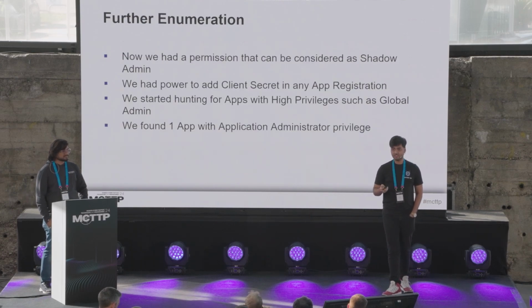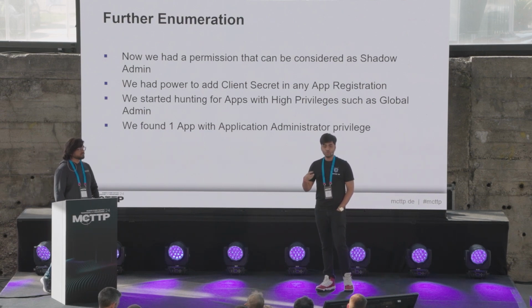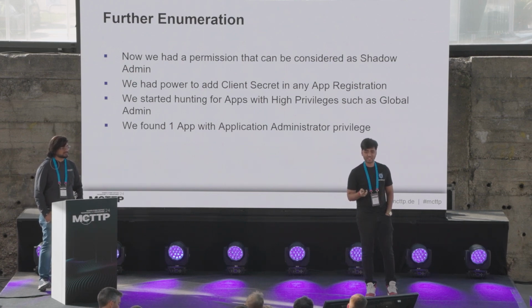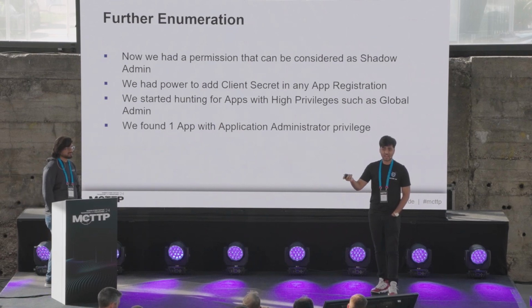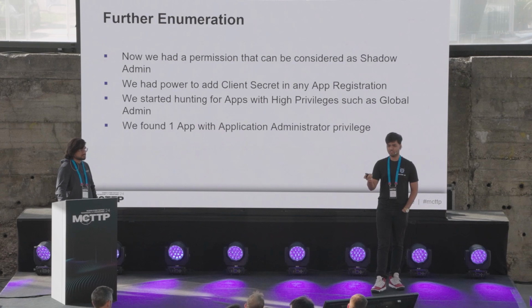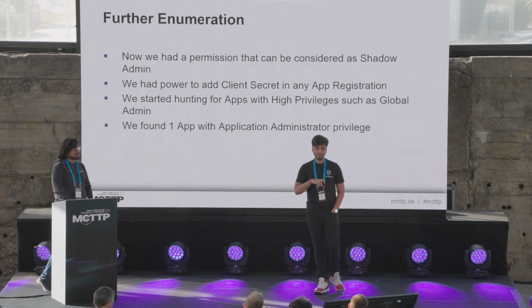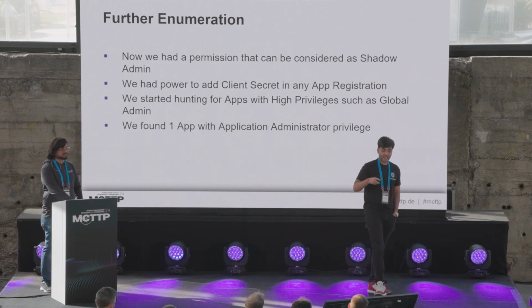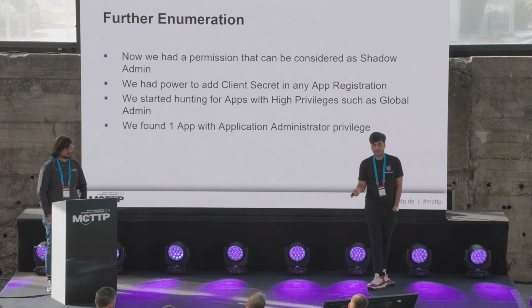That means if I use this service principal, I can actually add new client secrets to any service principal. So what if there's a service principal which has higher privileges, let's say global admin privileges? I can just go and add a new client secret. It's similar to IAM keys if you know about AWS, but in Azure, we can have multiple keys. So as an admin, what we need to find out is whether there is any other application which has higher privileges. Ideally, yes, global admin, right?